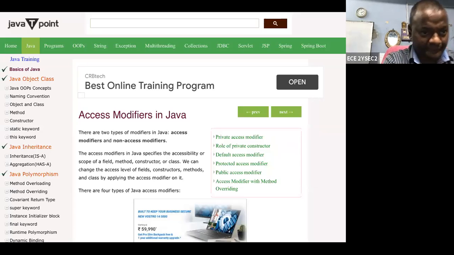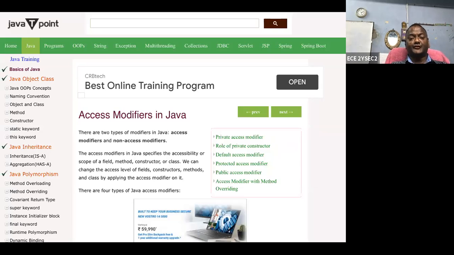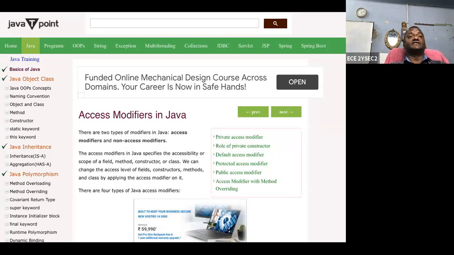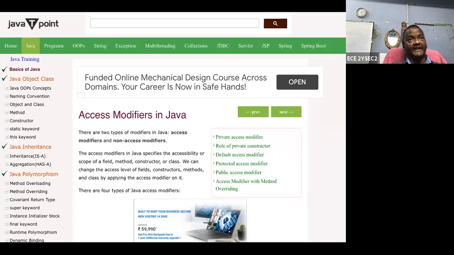Please see this. Visible modifiers and access modifiers are both equal. What are the modifiers? This was already discussed in methods. In methods, what is the syntax of the method? First is the modifiers, which may be static or public.